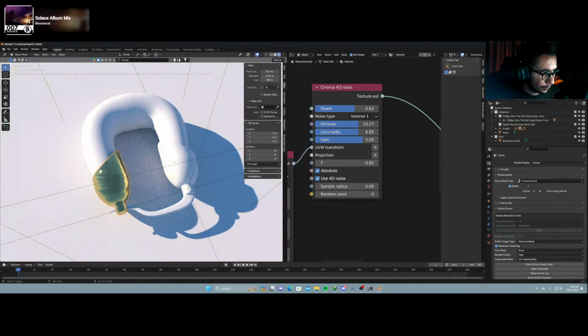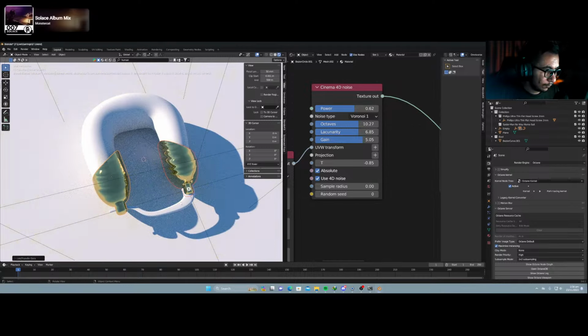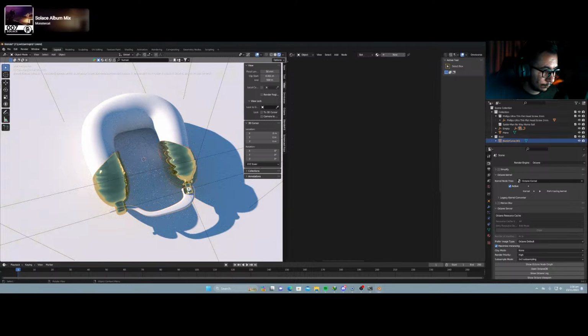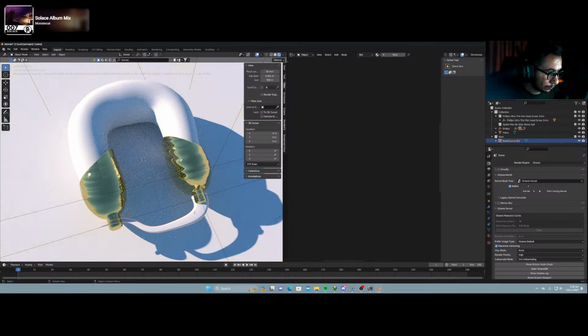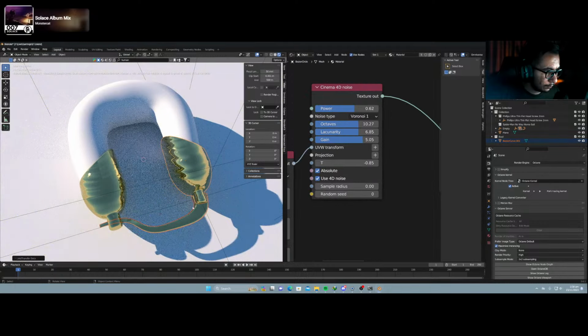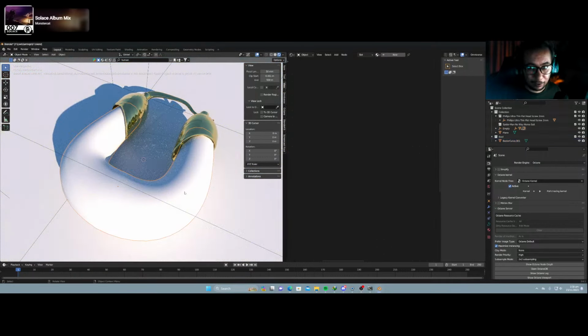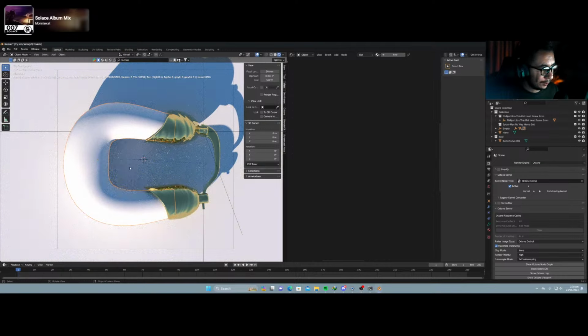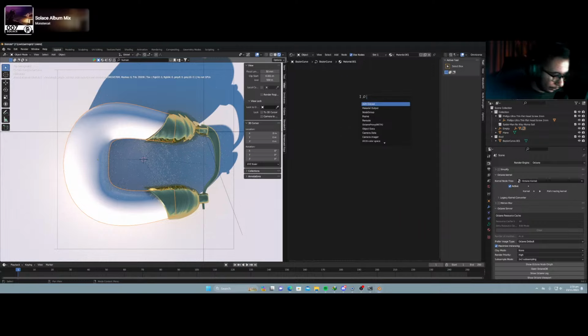So now I'll just link this material. Take the screw. Control L. So yeah, we are done with that. Now comes the hardest part, to texture this. So what I'm going to be doing is adding a new material over here, and instead of this I'm going to be adding a